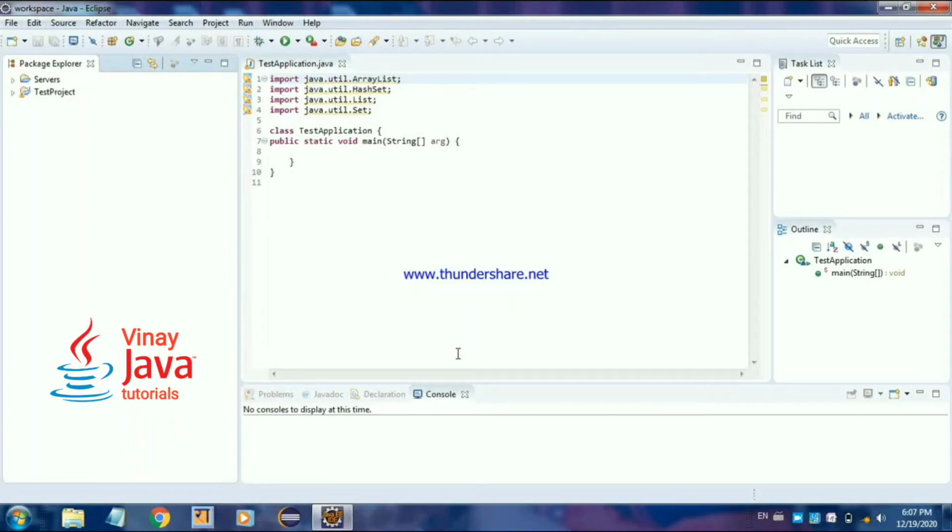Hello friends, in this video I am going to tell you about hash set and tree set, and in tree set there is default natural ordering of the elements. So in tree set sorting takes place, so I will tell you that part also. Let's